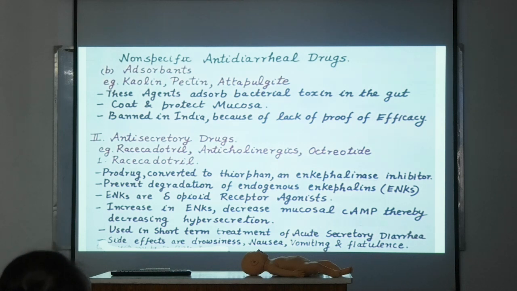Every medicine has side effect. It has side effect like drowsiness, nausea, vomiting, flatulence, etc. আচ্ছা, এখানে বলি সাধারণত 48 hours এর বেশি রাসিকাডোট্রিল দেওয়া হয় না. This is the clinical information. Beyond 48 hours, racicadotril is not given because it is seen when given beyond 48 or 72 hours, racicadotril causes a tremendous flatulence. Patientএর খুব অসুবিধা হয়। সাধারণত শর্ট টার্ম ডায়রিয়া এর বেশি লাগেও না।